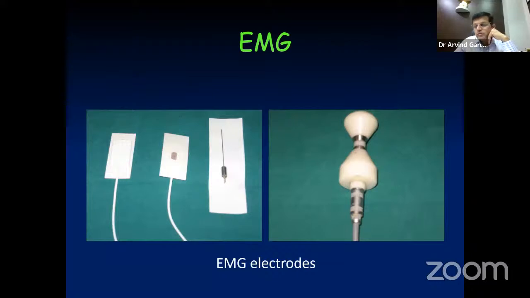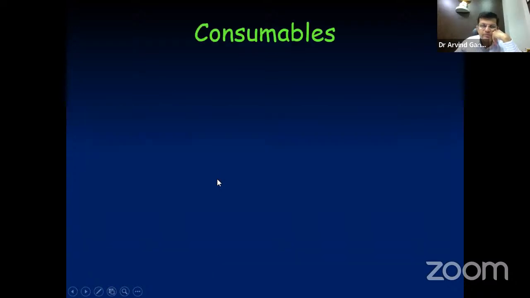The EMG probes come in two types. One is the patch probes, which can just be attached, or patched, in the perianal area. The other is the needle probes. The needle probes are a little bit painful and maybe a little uncomfortable for the patients, but they give excellent readings, as you can see here in the left hand picture.